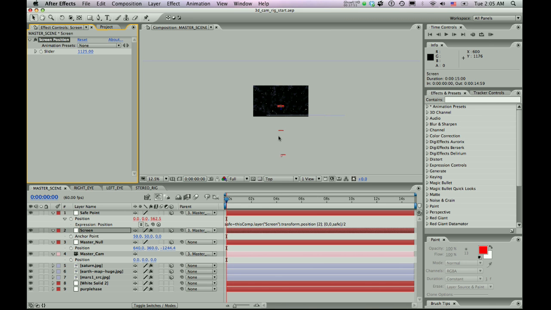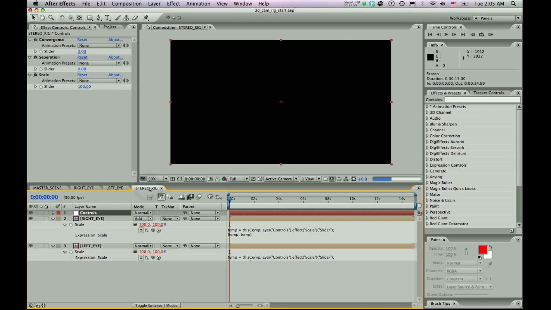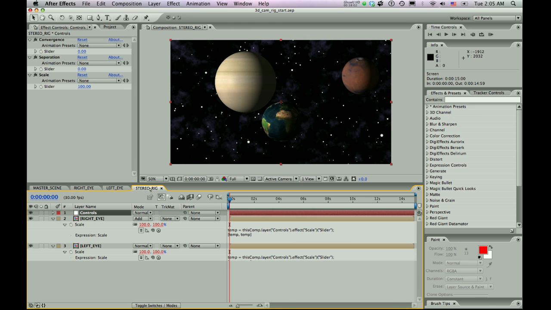So that basically is everything you need to know about creating a stereo rig. The last part was really just for the compositor's reference. It's all behind the scenes stuff that will never be seen by anyone but you. The last thing we need to do